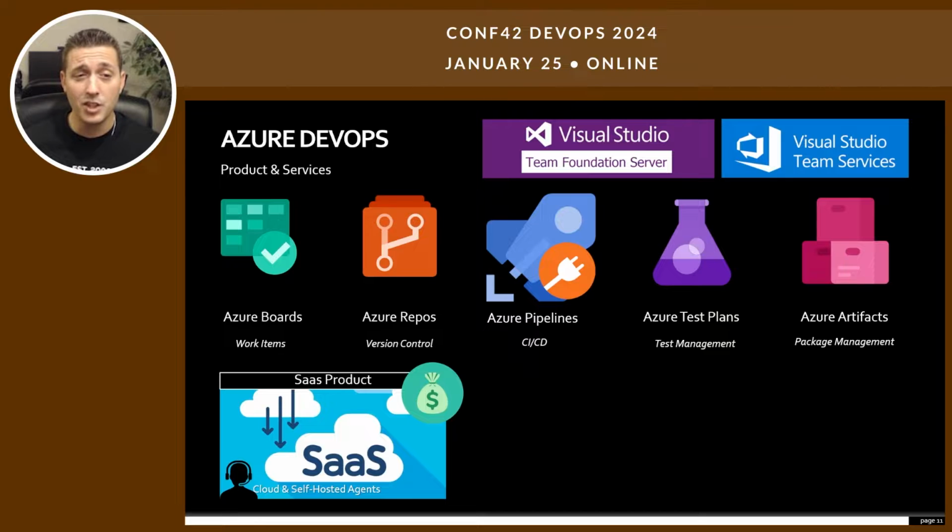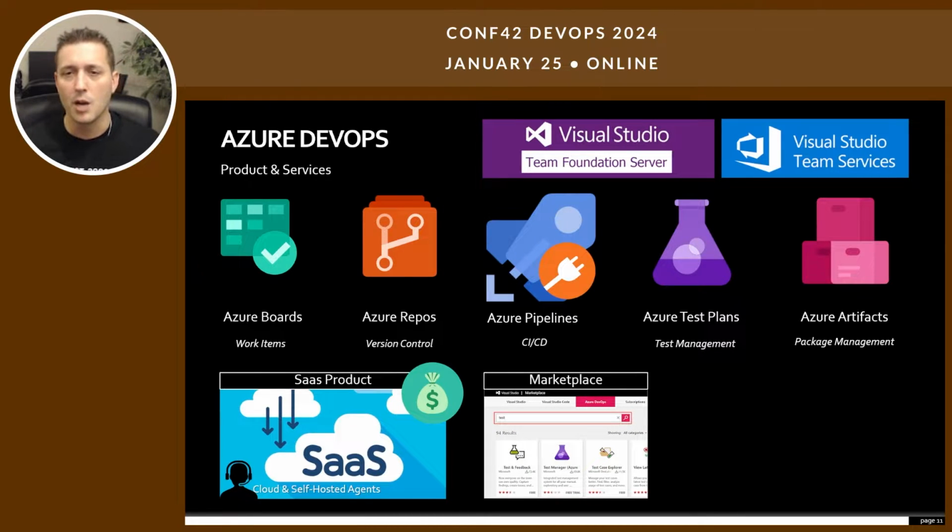From a cost perspective, I think you'll find it's very cheap to execute. If you're already in the Microsoft ecosystem, it can honestly be almost free, depending on the size of your team, the type of license, and what you want to use. Azure Pipelines specifically only requires a Stakeholder license to use most of the features that are there. So that's something to consider: this is a very cheap offering if you're already in the Microsoft ecosystem. And if you're not, it's even cheap to get started in that way. They do offer a marketplace where you can download and install custom extensions and tasks,